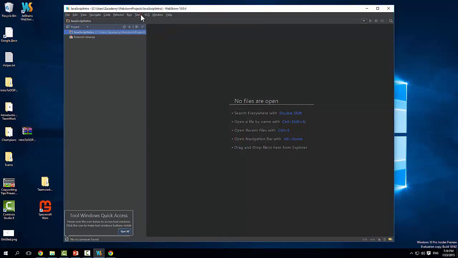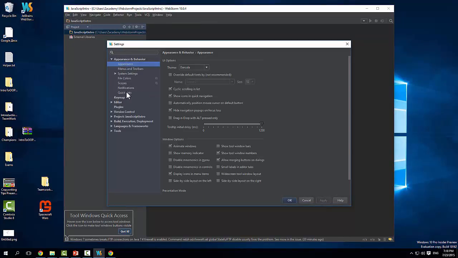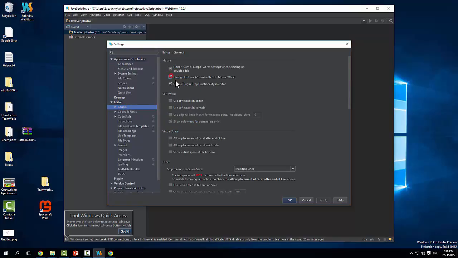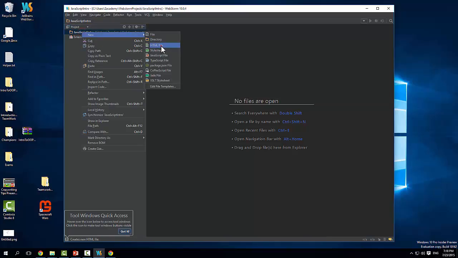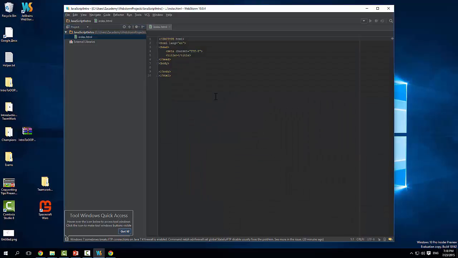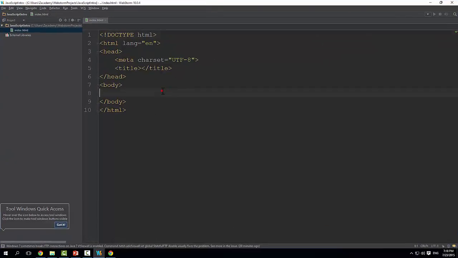Zooming in was a bit hard to find. So File, Settings, Editor, General, and change font size. Let me create a new file and then we'll see. So HTML file, index.html. Is that good? All right. So let's say here intro to JavaScript, and you can straight up write some